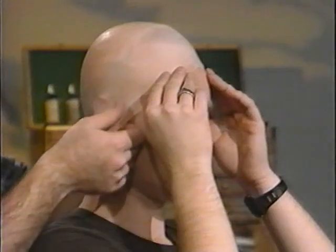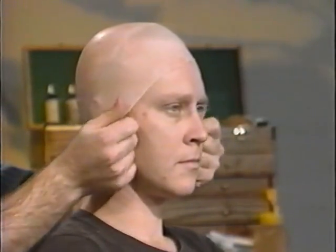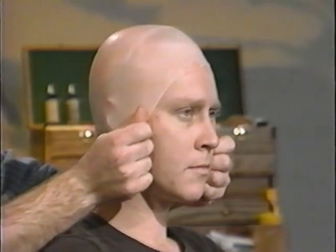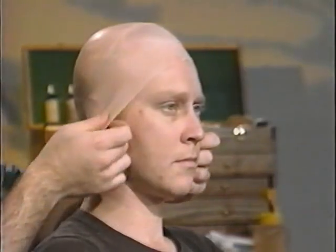You always want to pull from right about at the ears forward toward the chin to seat the cap where you want it to be. That'll keep you from getting buckles in the back and in the front. If you pull it down to where you want it, and then have your model hold the sides, you can